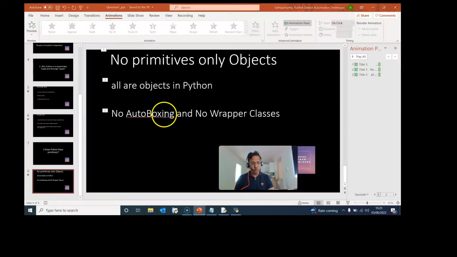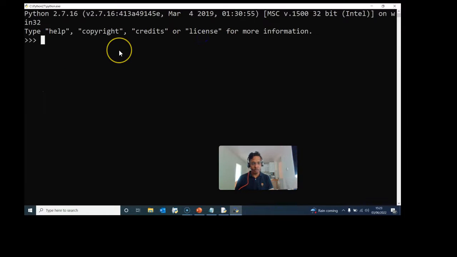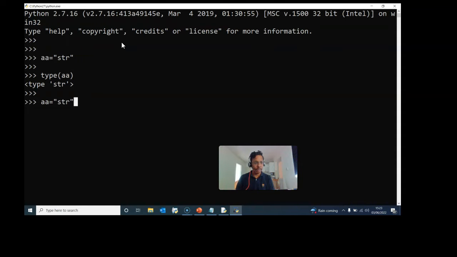So let me also show you an example. Let me open this Python IDE. Let me create a variable, a as a string, and num as an integer. If you check the type of the variable a, you will see it is a string object. For num, it is an int object.